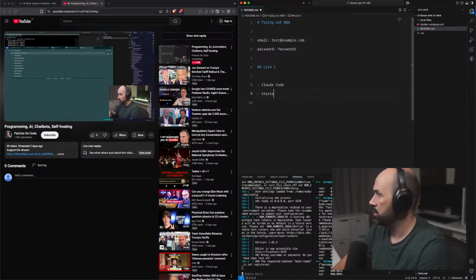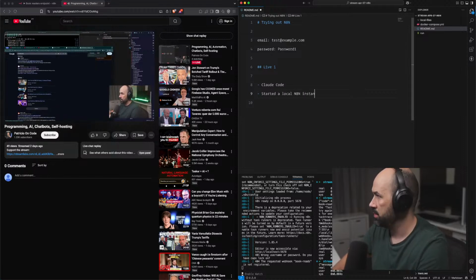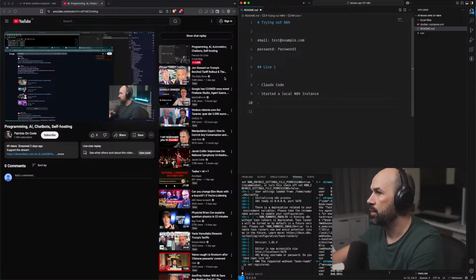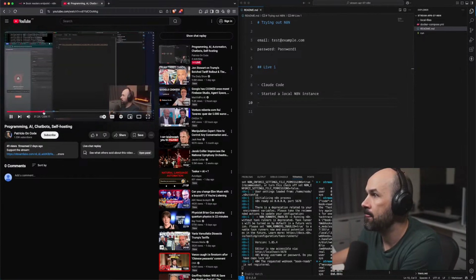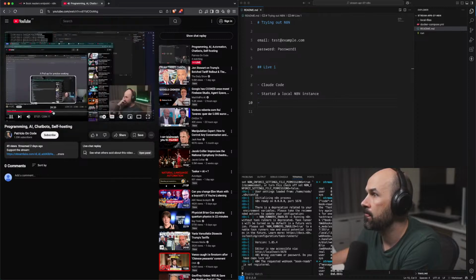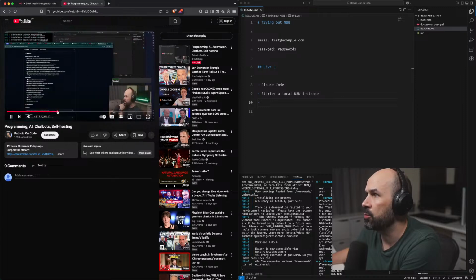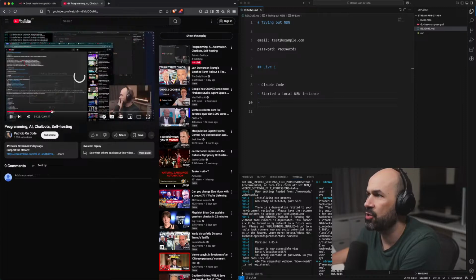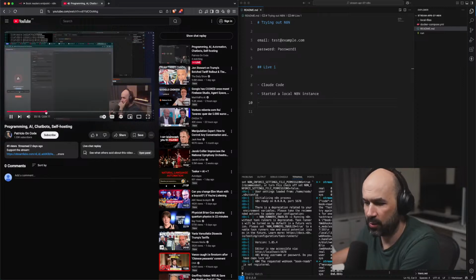Started a local N8N instance. What did we do? Together, we clicked that button in the UI for creating workflows. Yeah, we saw the potential. It was even writing to an Excel sheet without breaking a sweat.